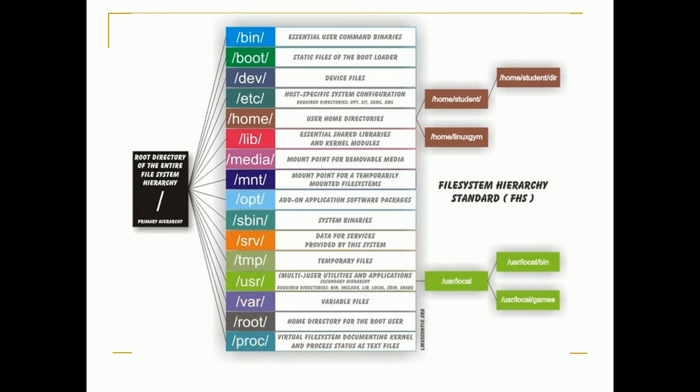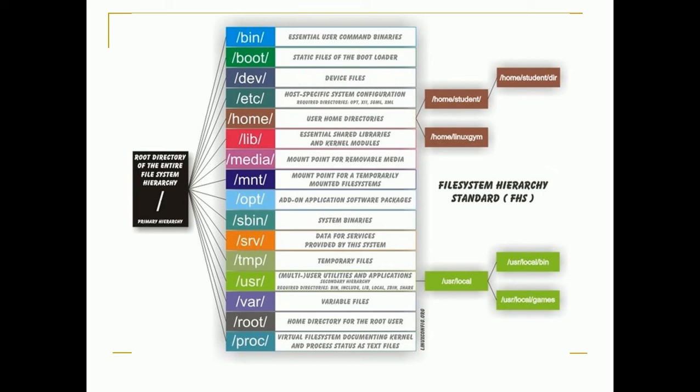So we'll focus on the home directory. By whichever name we log in to our system, by the same name the system generates one folder under the home directory. So here under the home directory we have student and Linux gem. Student and Linux gem are the two subdirectories which reside under the home directory. So we can say home